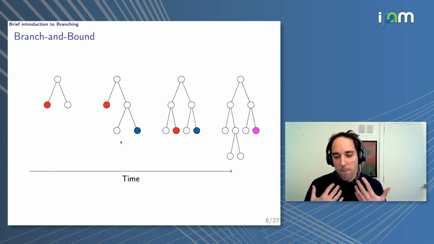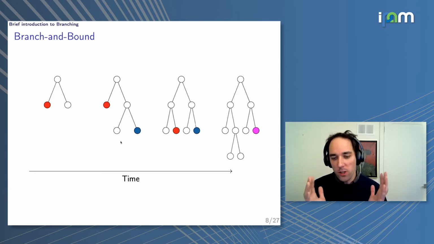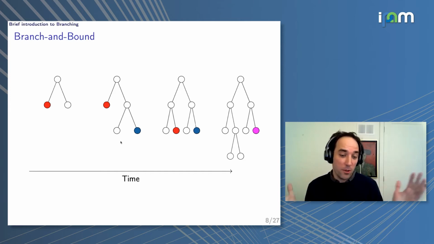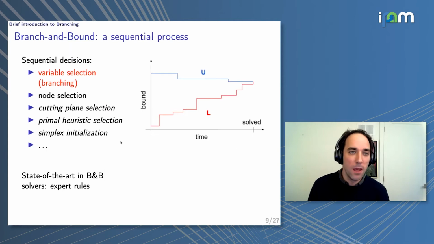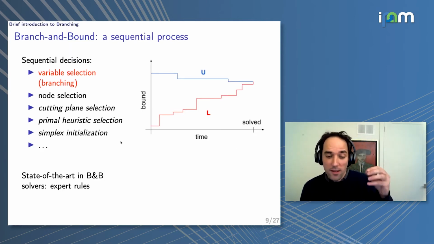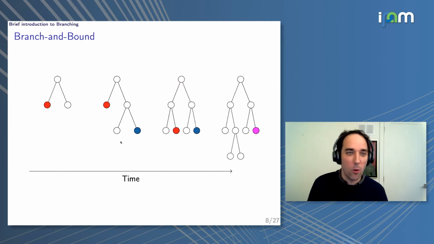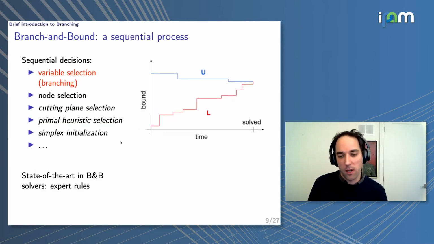Okay, so I won't talk more about branch and bound, but what's important to note here is that this is really a sort of sequential decision process through time, right? You're searching and expanding this tree through time, okay? And it's a sequential decision process, but at each step, you can make multiple decisions. You can make a decision about which variable to branch on, right? So if I go back, xi here is the variable I'm branching on. That's what we care about in this paper.